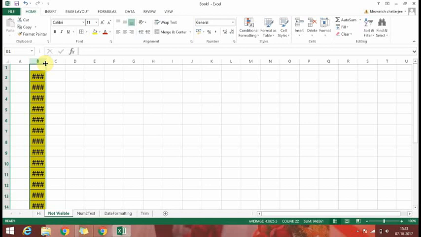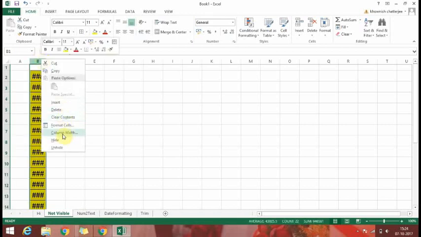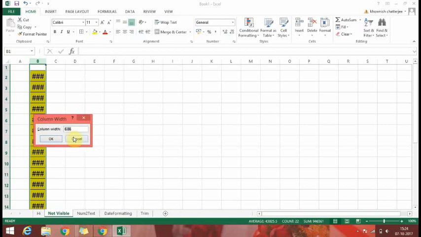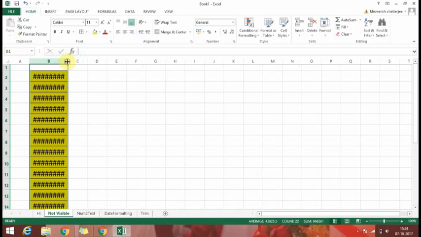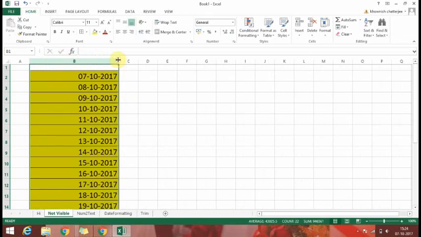Sometimes I've seen people, when they find this kind of values coming in their Excel columns, get confused and don't have any clue what to do next. So for them especially, you can either right click on the column head, go to column width and increase the size of the column width, or with the help of your mouse just click over here and drag to the right. So you get the date values now properly visible. Okay,